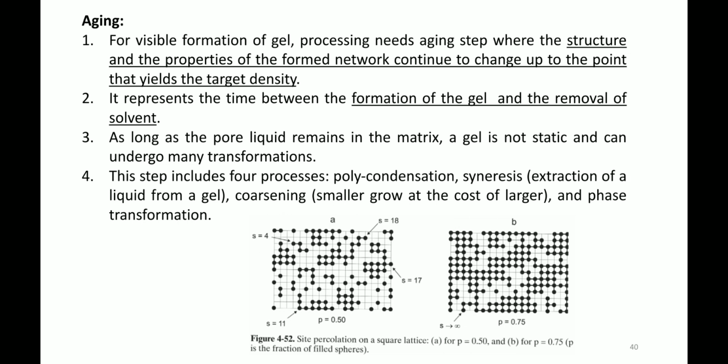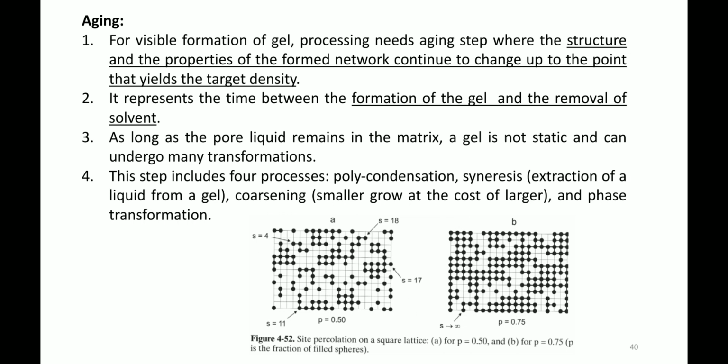So as the solvent is coming out slowly, it is because it is a three-dimensional porous structure. As we are removing the solvent, it is going to dry. So we have to supply a sufficient amount of time for this process, where densification also takes place, because these cross-linked chains are arranging themselves accordingly. Okay, so it is shown in figure 4.52.